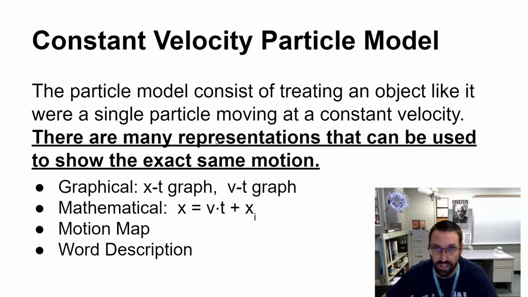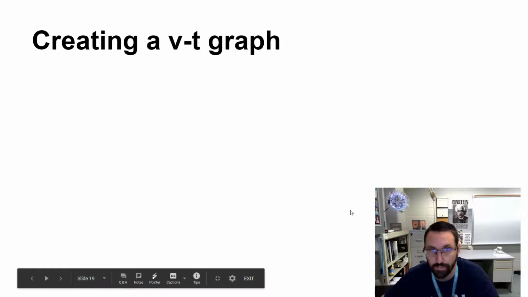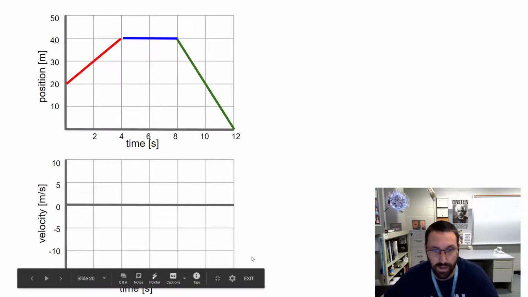We can show the same motion with a couple different representations. We have two graph representations, a position time graph or a velocity time graph. We have a mathematical model we can use. We can use a motion map, or we could use a word description. So let's create a